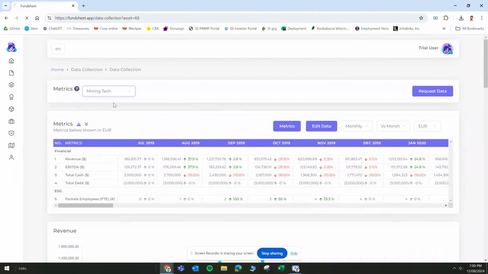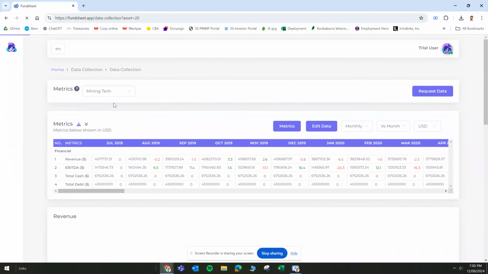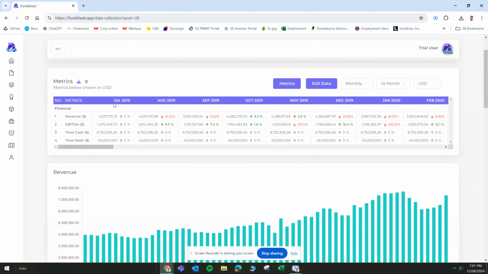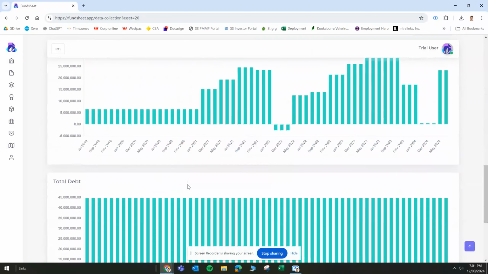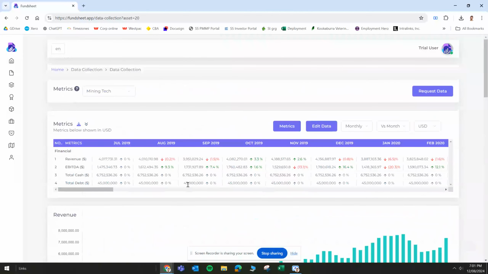And this becomes a module where you can really track each of these underlying performers of a company, basically the trends that will drive your investment returns later on. This is your leading indicators. So we can track trends in revenue, EBITDA, etc., or any custom metric that you've collected. And we can quickly view this monthly, quarterly, yearly versus prior year, prior month. We've even got multiple currencies as well